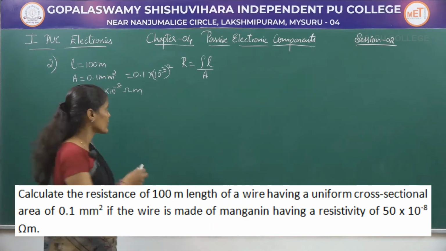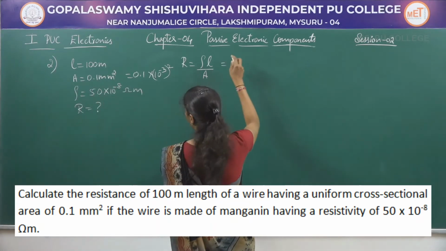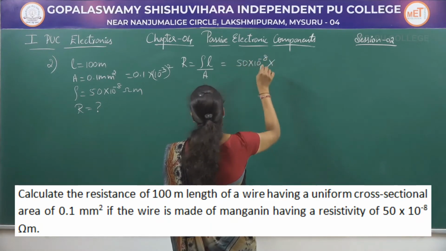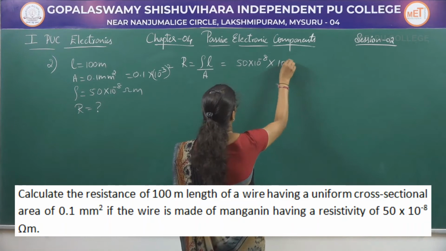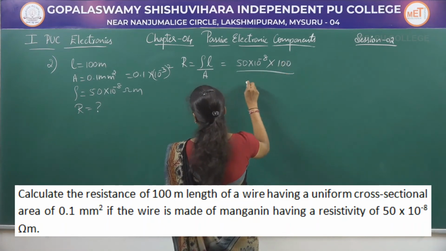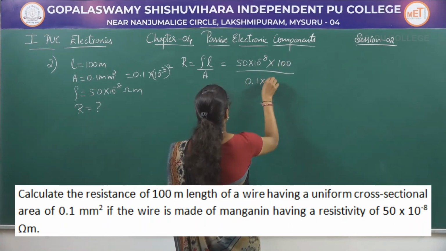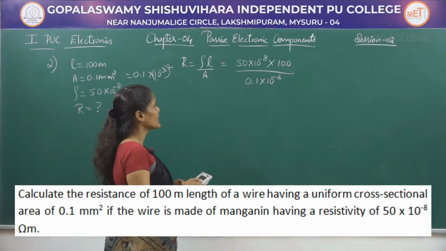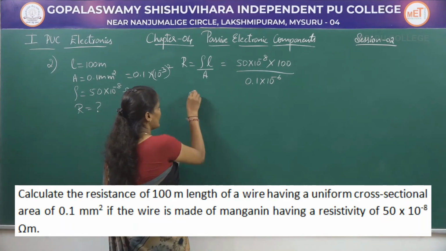So, let us solve this problem for the given values of rho, L and A. Rho value is 50 into 10 to the power of minus 8. L value is 100, whole divided by A value, which is 0.1 into 10 to the power of minus 6. I am writing it directly. So, after solving this, I will be getting R value as